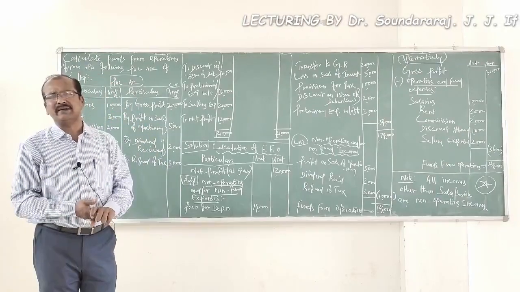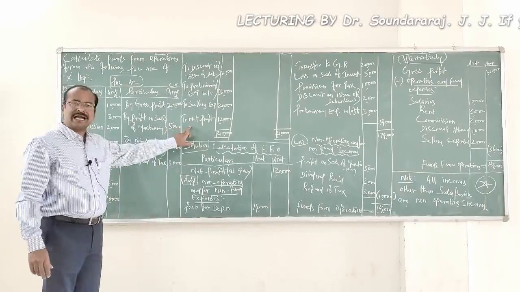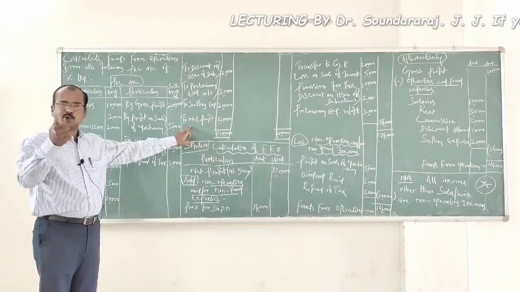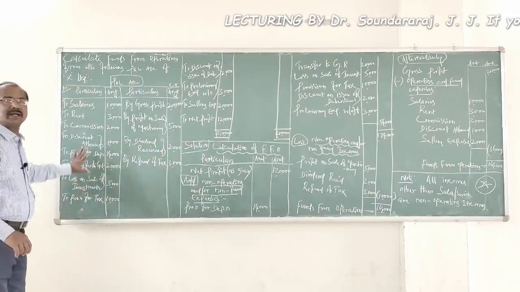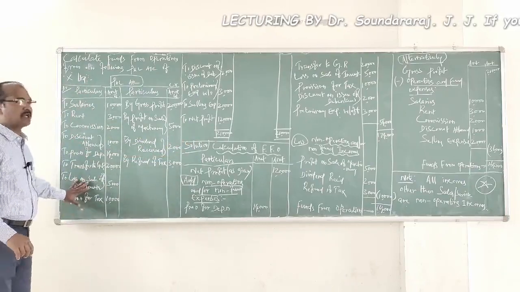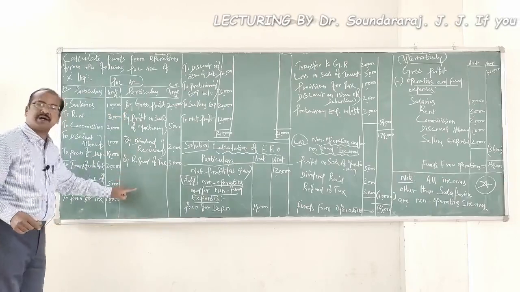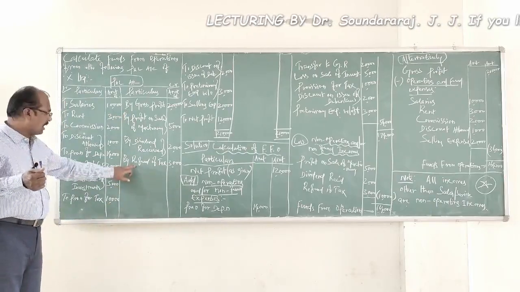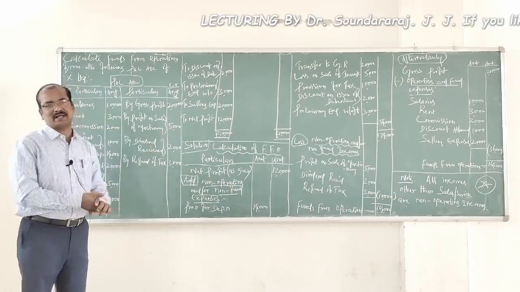Why should we do that? Now listen to me. This net profit has been calculated after deducting all operating and non-operating expenses and losses from the gross profit, plus the non-operating incomes which have been credited in the P&L account have been added to the gross profit. Finally, we have arrived at the net profit.